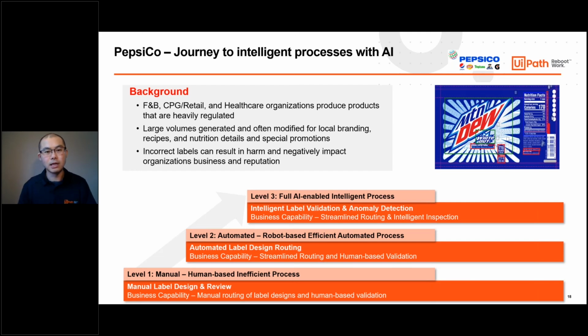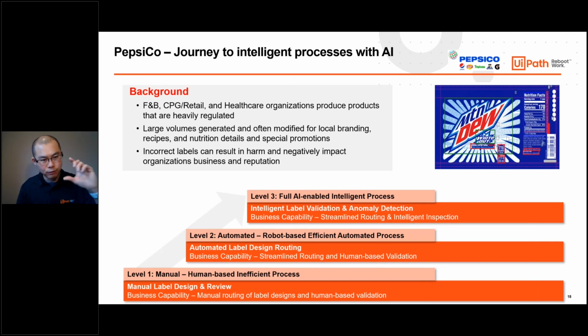This is an interesting use case because if you think about how this process traditionally happens, you really go at multiple levels. If you think about how you might outline your automation roadmap, you start with something that has been identified as an extremely manual, human-based process, highly inefficient, prone to error, with high costs associated with those errors. And you start to layer on things you can do using robots alone. For example, just routing the labels to the right people to review so that not everything is going to every person. And that yields some level of business benefit.